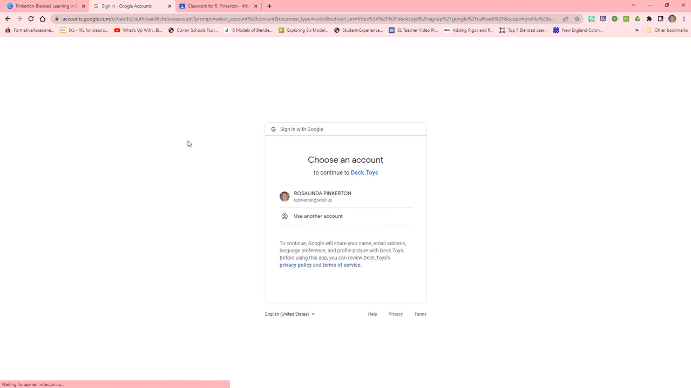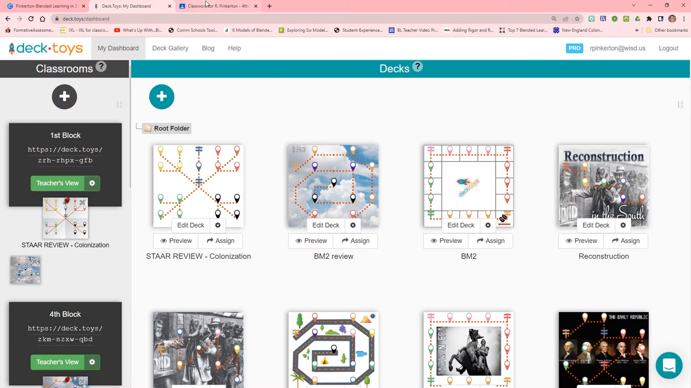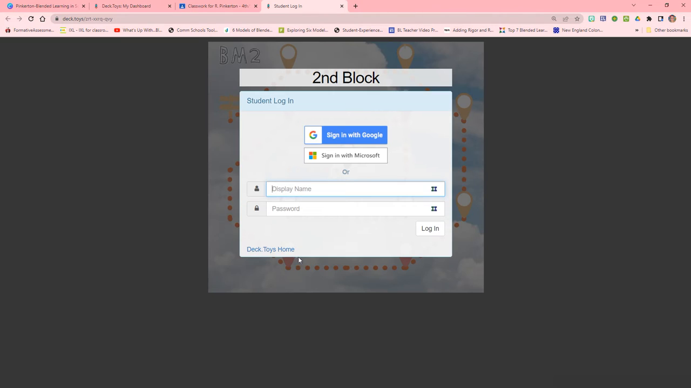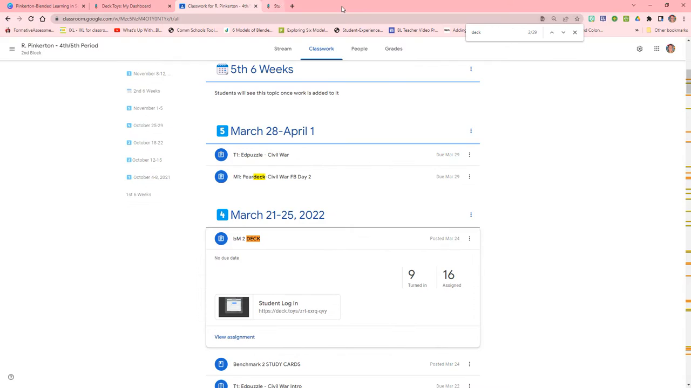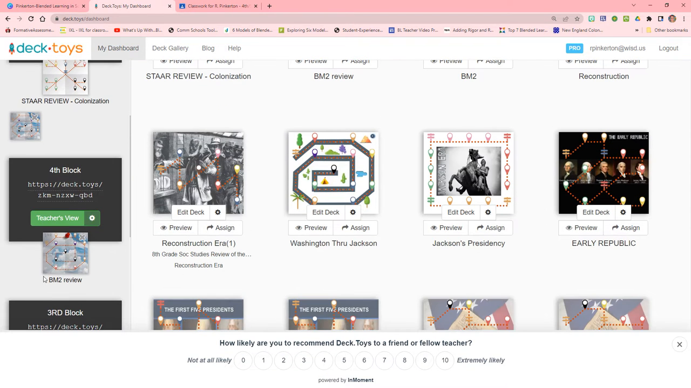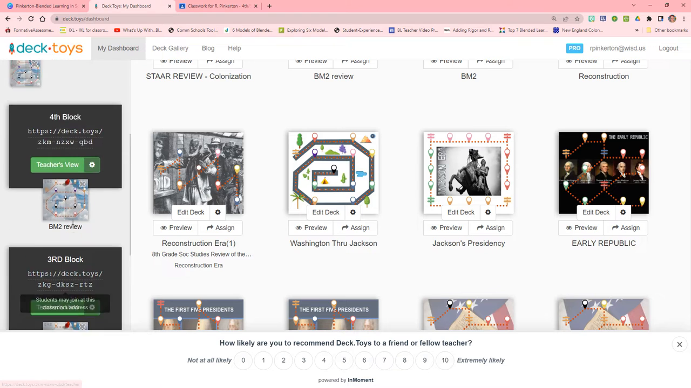It correlates with Google Classroom, so you're able to assign it through Google Classroom as well. Before I start, let me go to Google Classroom and show it to you. So here I have Deck, and it shows up here where students are able to log in, once again, using their Google Classroom credentials. But once they're in, they're able to access whatever I provide for them per period. For example, like